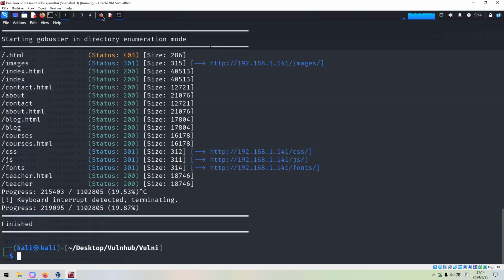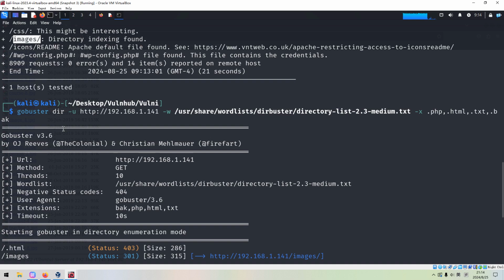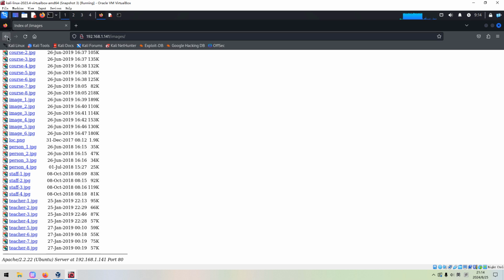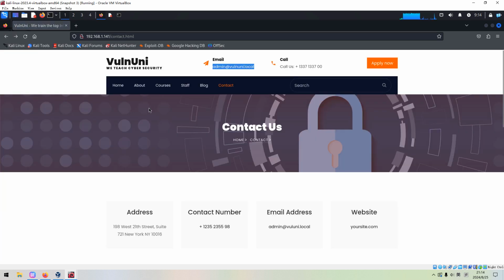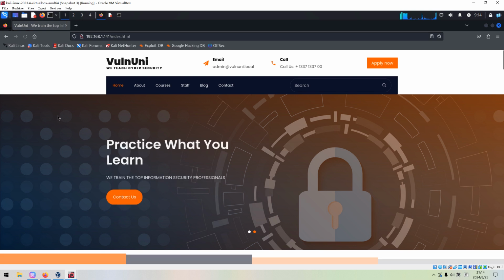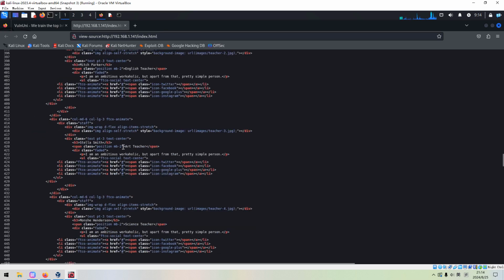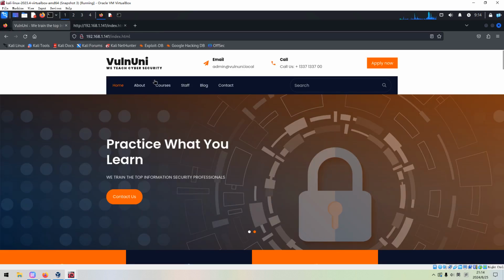And let's go back to the browser. You know, so far we didn't find anything useful besides what? No, nothing. Okay, so let's go back to the browser to continue our manual enumeration. You know, enumeration is the key to this machine. We must be very patient and careful. For example, the home page, we need to check its source code, but we can scroll down. Nothing important we can find, and also the about page.